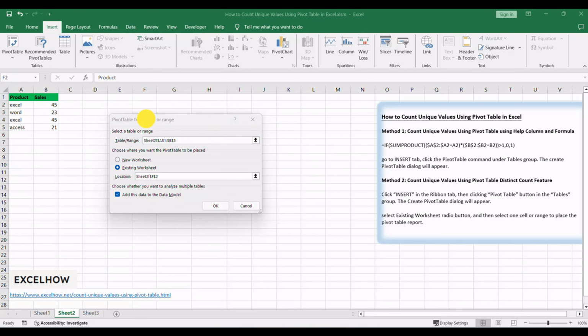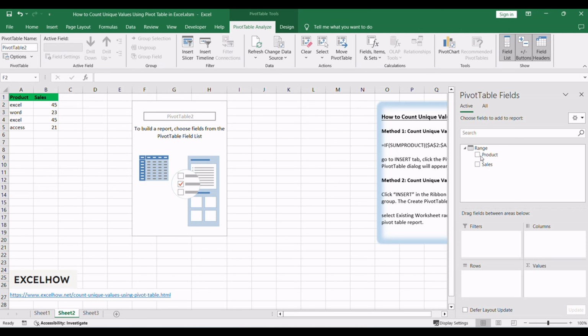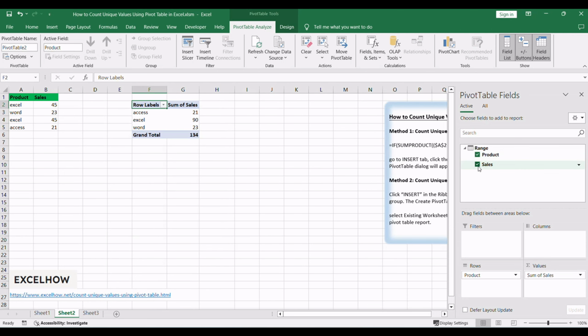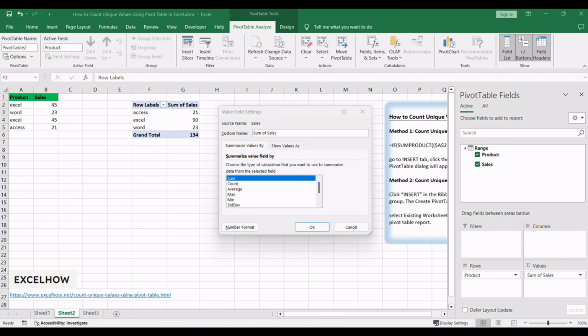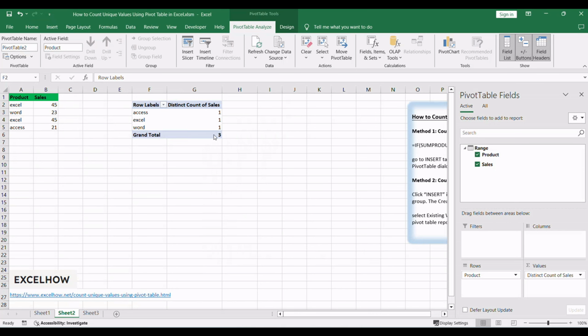Click the OK button. Arrange the rows, columns and values areas by dragging fields in the PivotTable Fields pane. Click on the Values area, and select Value Field Settings from the drop-down list. The Value Field Settings dialog will open. Click the Summarize Values By tab, and scroll down to Distinct Count. Then click the OK button. You can see the count of unique values using the distinct count feature in the